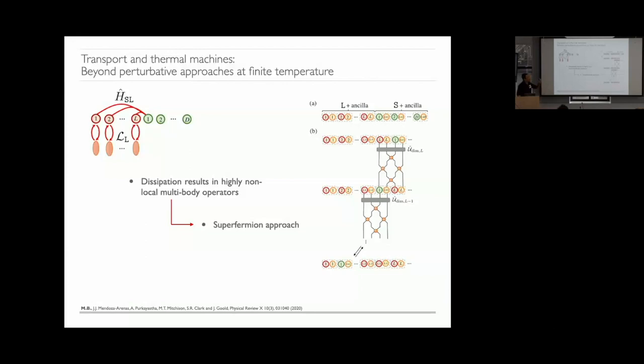So the entire method is based on a Trotter decomposition of the Liouville propagator, combined with some swap gates and some extension, because now we have an open system, so we have to extend your Hilbert space in a certain way. And then by this circuit right here, if you go back and forth through your circuit, you get an evolution of an initial state by one point in time. You do this multiple times to reach the steady state. All right?